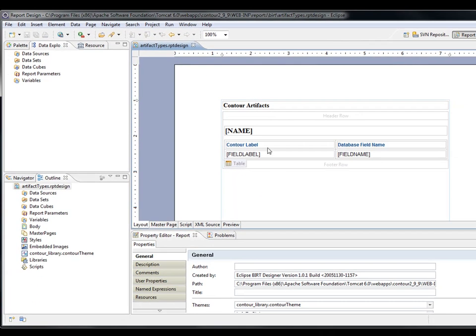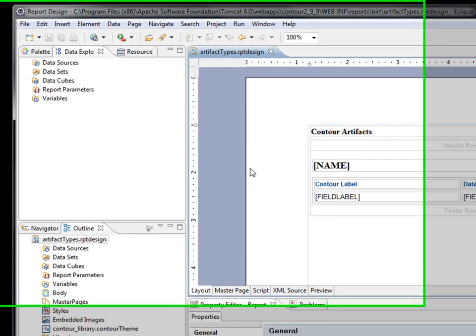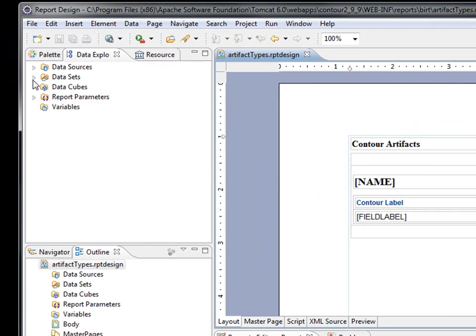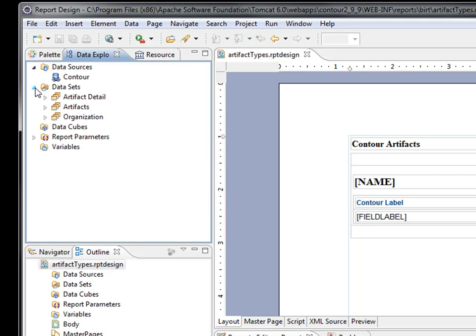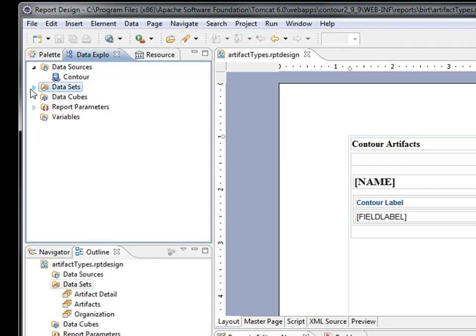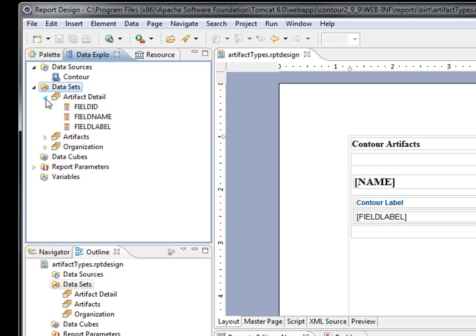So once we've opened our report, now we can see how the different pieces of the BIRT Designer are laid out. So here we have the Data Explorer where we can see the data sources and the data sets. And so this is the connection to the database. And this is where you'll be able to instruct it to connect to hopefully your own local database, or if you have a database server, point it to that. The data sets contain the SQL. So here we can see the different SQL queries that we have available for this report and the different fields